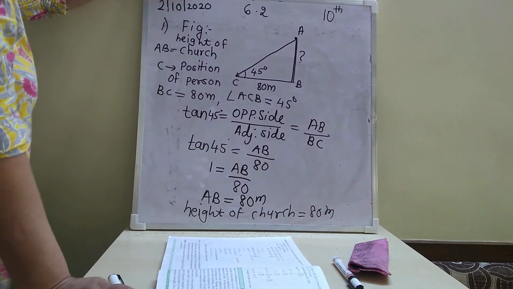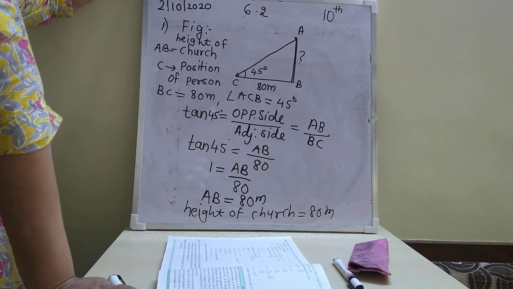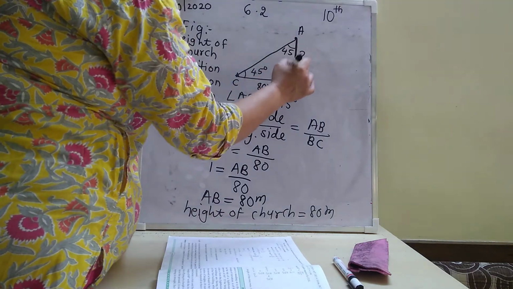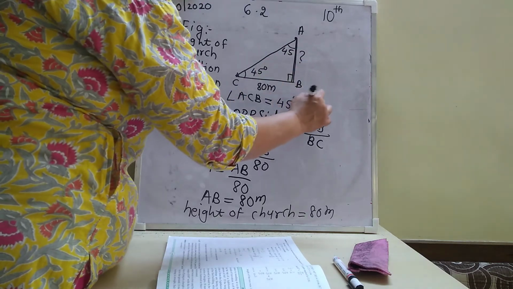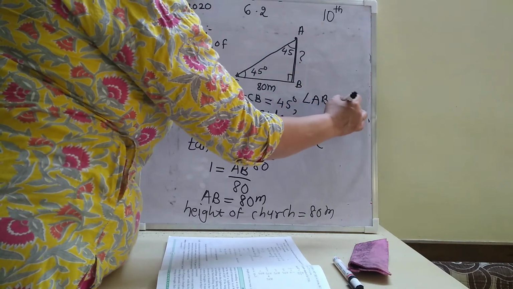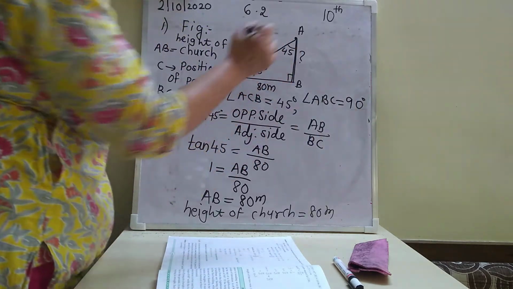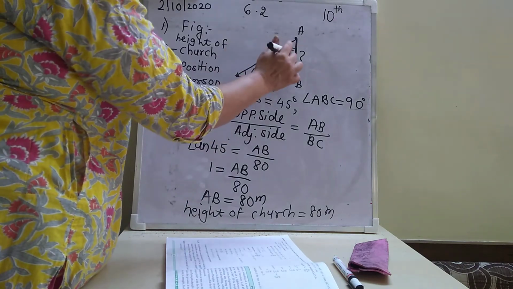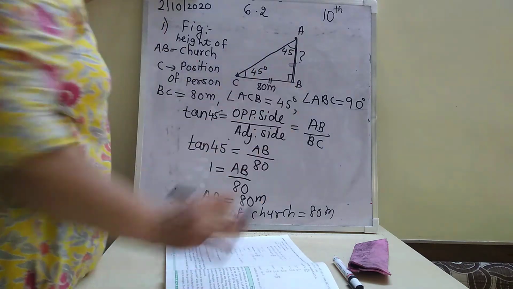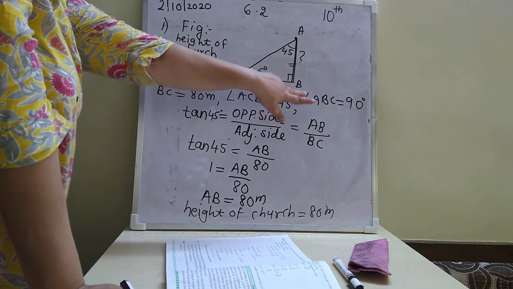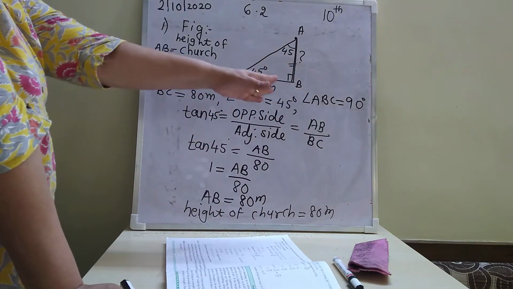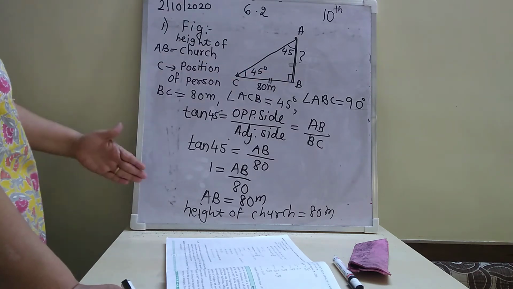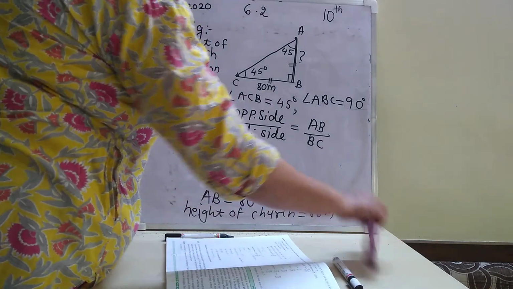Is it compulsory to solve with trigonometry? No. In the meeting I told you, if you see, this is 45 degrees, so this angle is also going to become 45. This will be 90; we forgot to write that: angle ABC is equal to 90 degrees. And this is an isosceles right angle triangle. If this angle is 45, this angle is 45. Sides opposite to them are congruent. So if you write this much and then write directly that it is the isosceles triangle property, you can directly write the proof. No need to write all the things. But you understand how to solve with the trigonometric method.